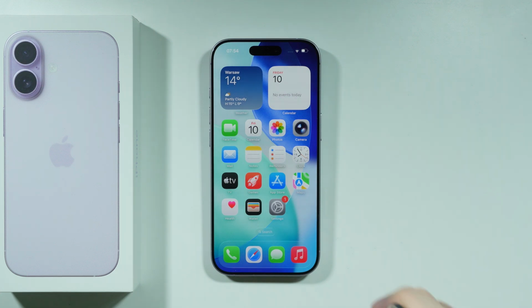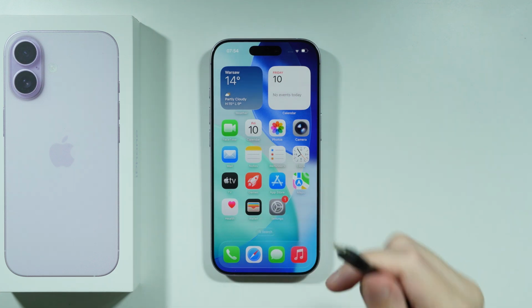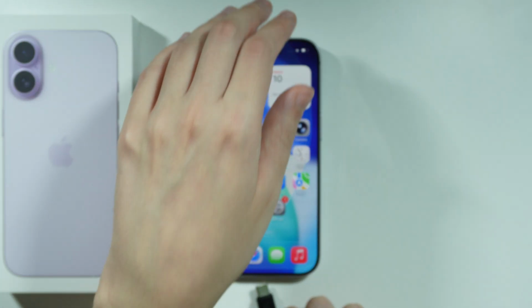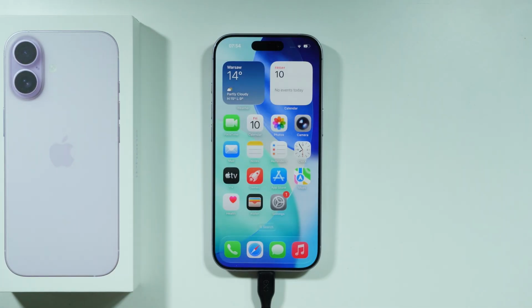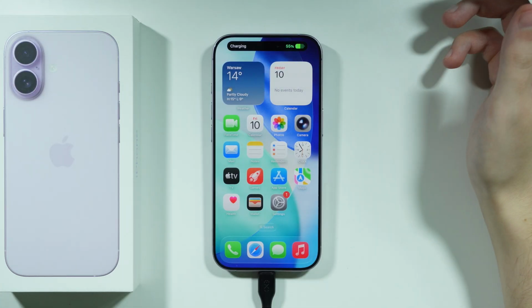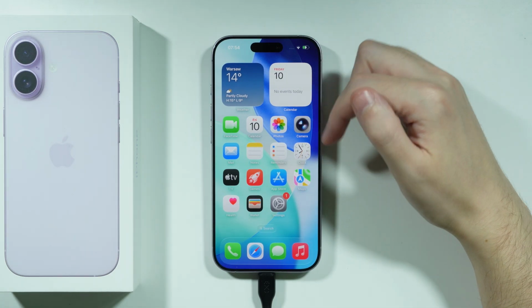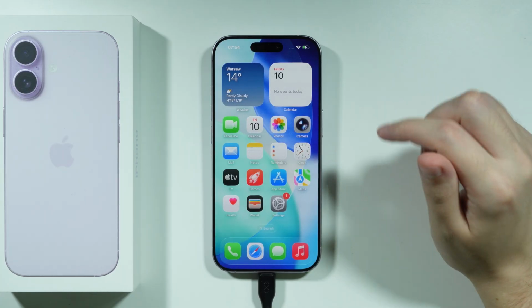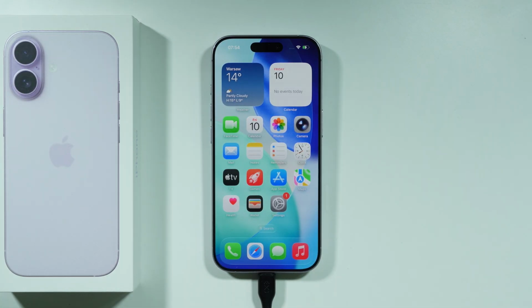First of all, you need to prepare the USB cable. In my case, my USB cable is already connected to my Windows computer, so now I just have to connect my USB cable to the iPhone. And there we go. After a short time, you should see a window where you will have to confirm that you want to trust this computer, so you can choose trust over here,